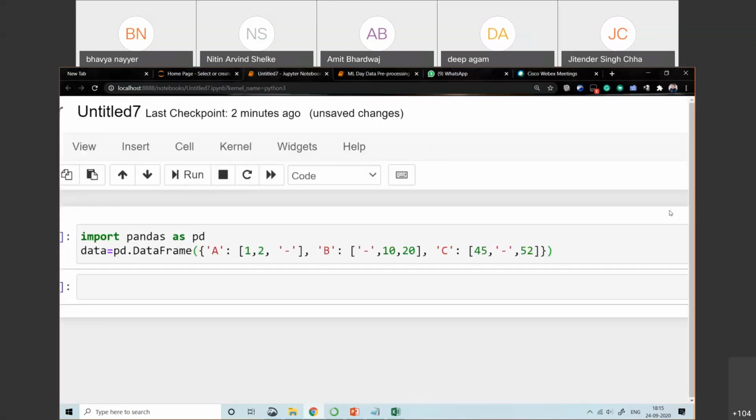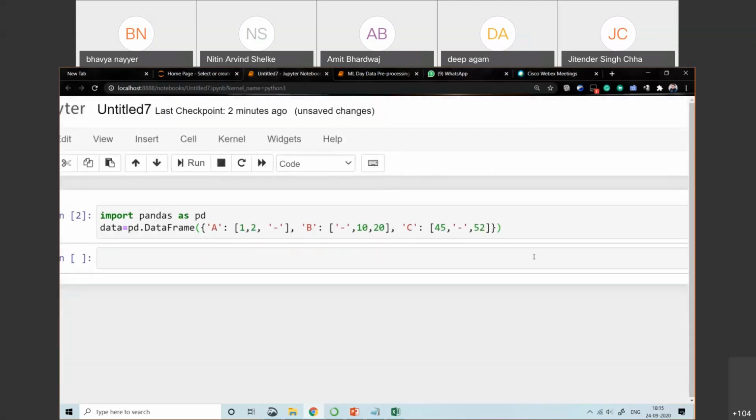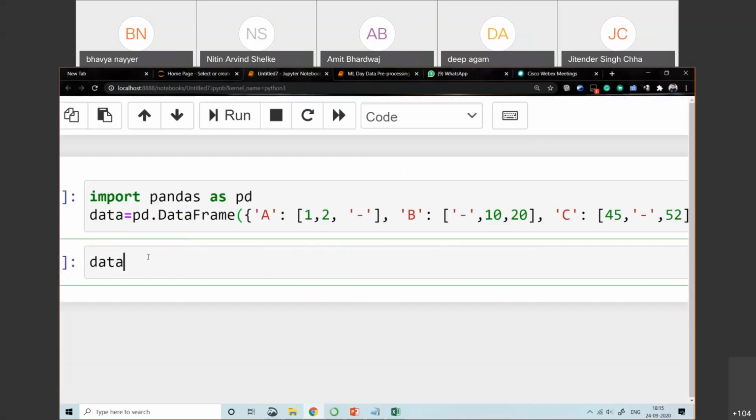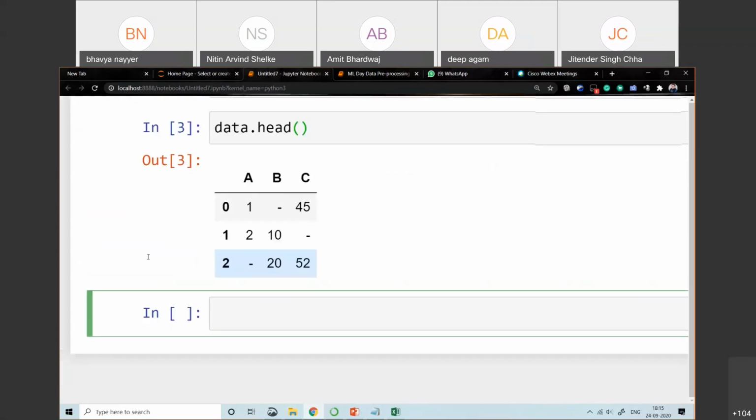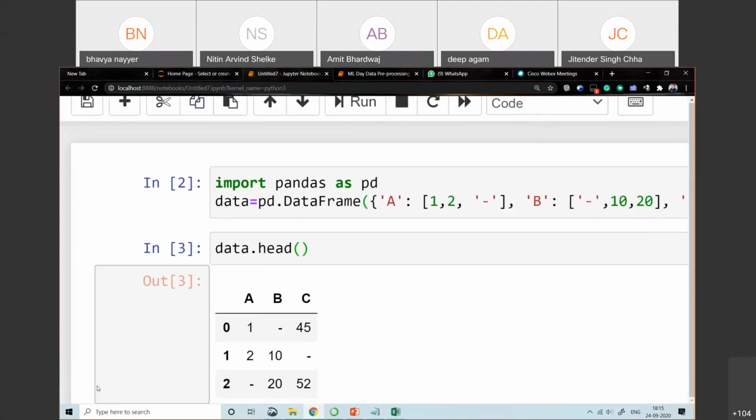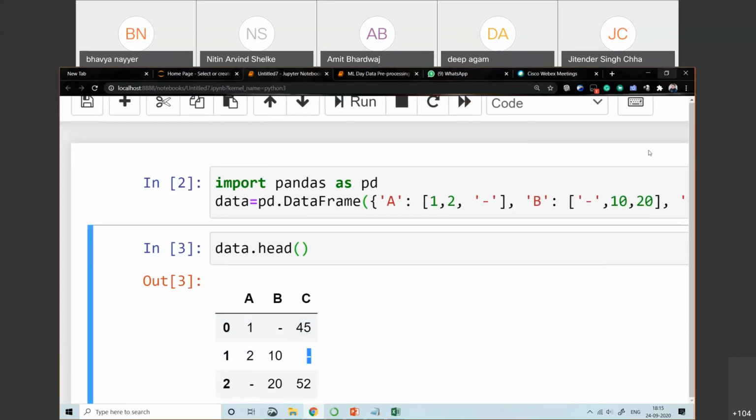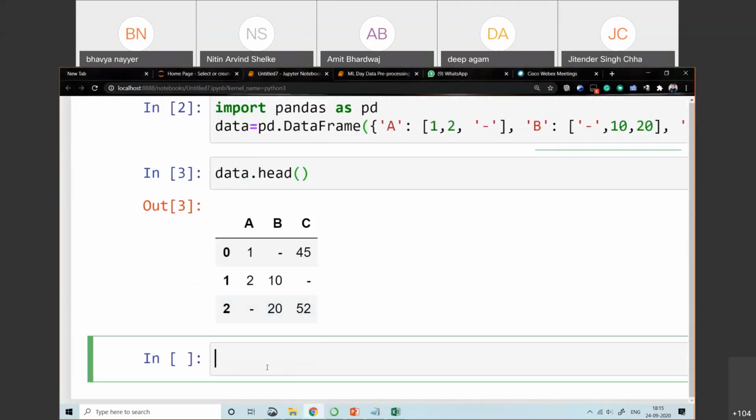Yes, this is my data frame. Okay, the same you can apply on your actual data, meaning the actual .csv file. Let me just show you, this is your actual data frame. Now your question is, you want to replace that hyphen by null value, right? So we have one more method, data dot replace.